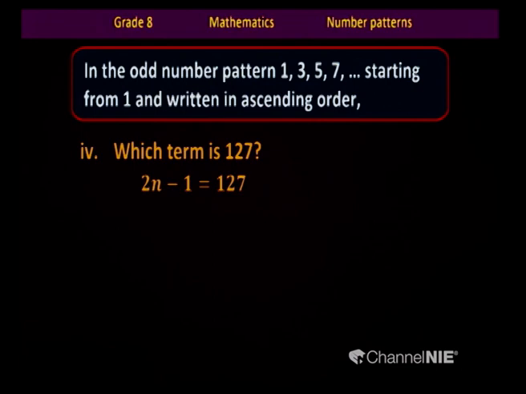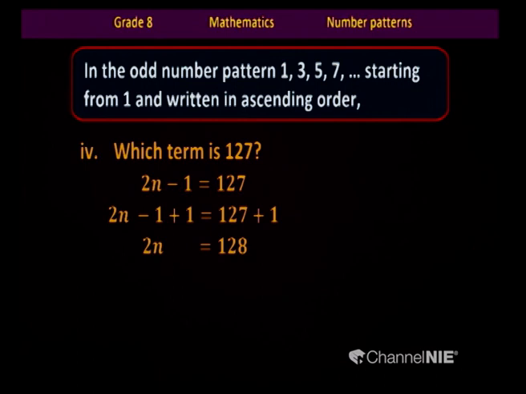So, first of all we have to get rid of this minus 1. Therefore, we have to add 1 to both sides. So, 2n minus 1 plus 1 equals 127 plus 1. So, on my left hand side now I have 2n, and on my right hand side 127 plus 1 means